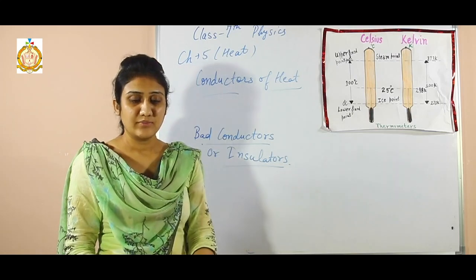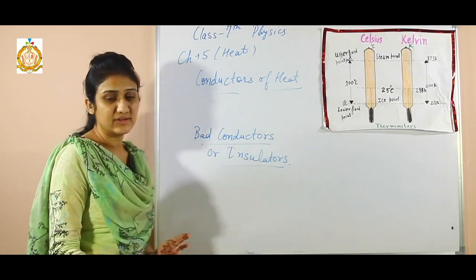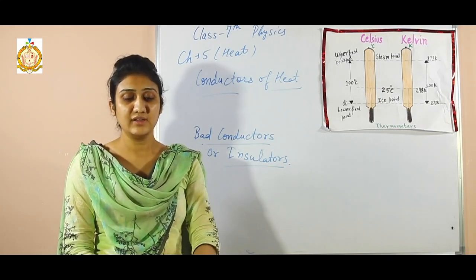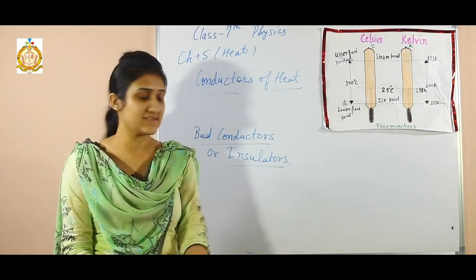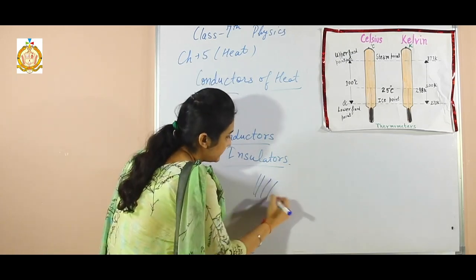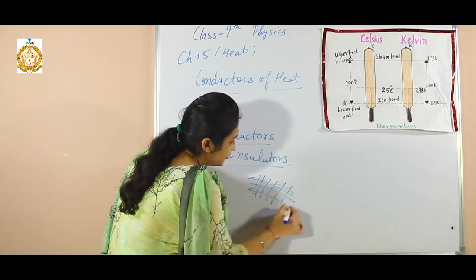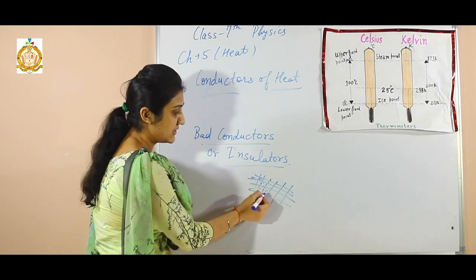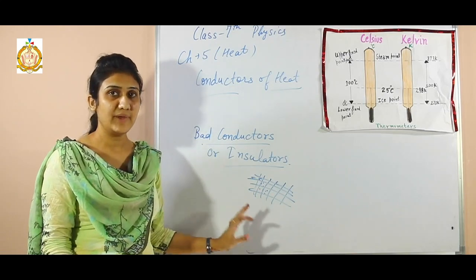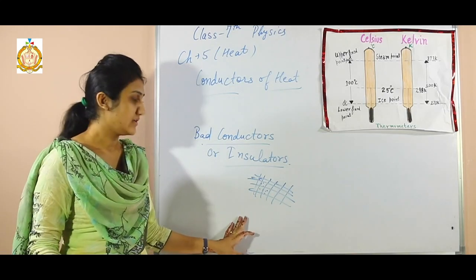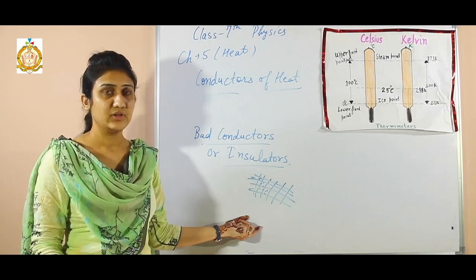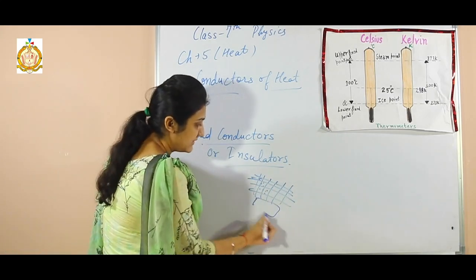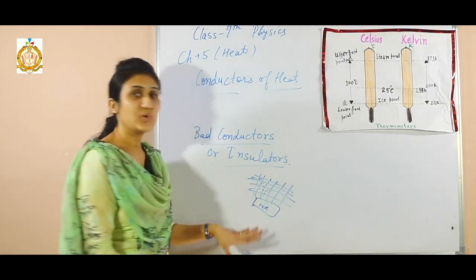Real life examples of bad conductors: ice slab sellers cover ice with insulating cloth or jute bags. You must have seen jute bags. There is some space in between the jute bags, so air can be trapped in between. Air is a bad conductor of heat. Keep in mind, air is a bad conductor of heat. So it does not allow the heat from the surroundings to go to the ice,